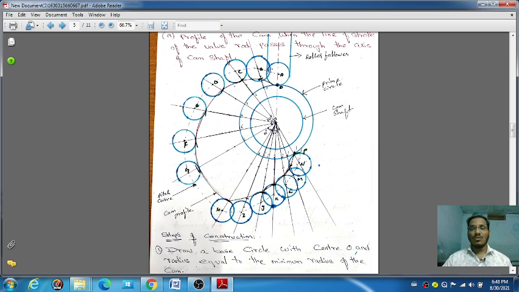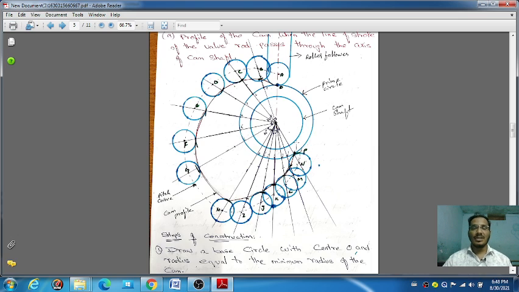And here we are using roller followers. So these circles are roller followers. The roller follower will move on the upper layer of the cam surface. Okay, in that roller follower arrangement, the cam has a prime circle and a camshaft. This is your camshaft and this is your prime circle, meaning your cam.